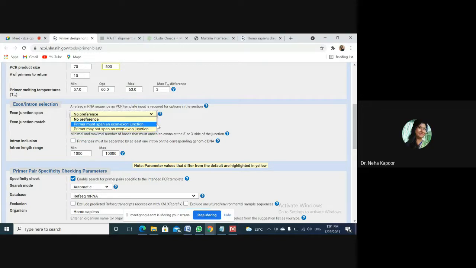That means if you want the exon junction in the coding regions to overlap or match, or you want the exon junction not to span. If you want a particular preference, the primers would be designed in that manner also. I'll keep no preference. Let us leave it.